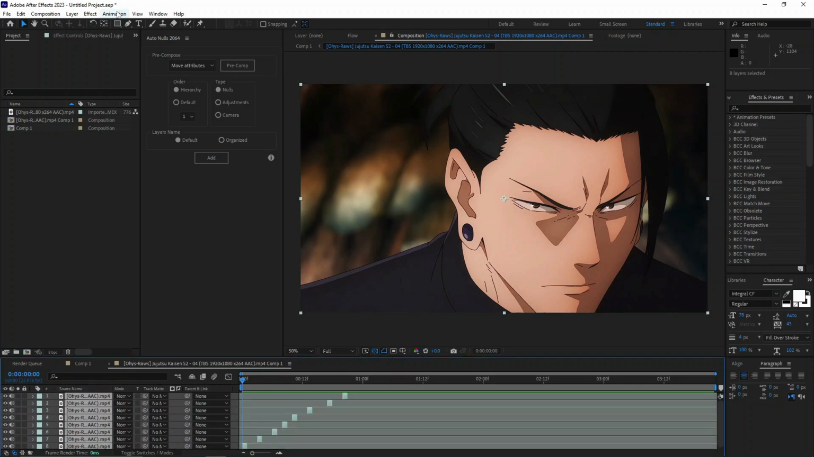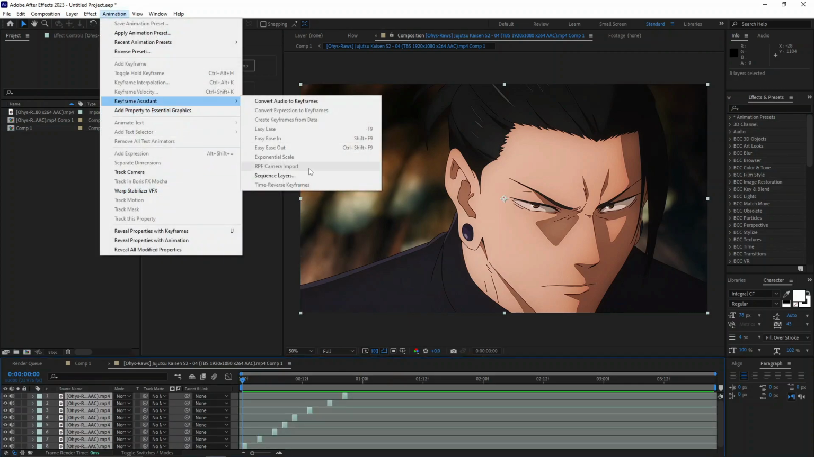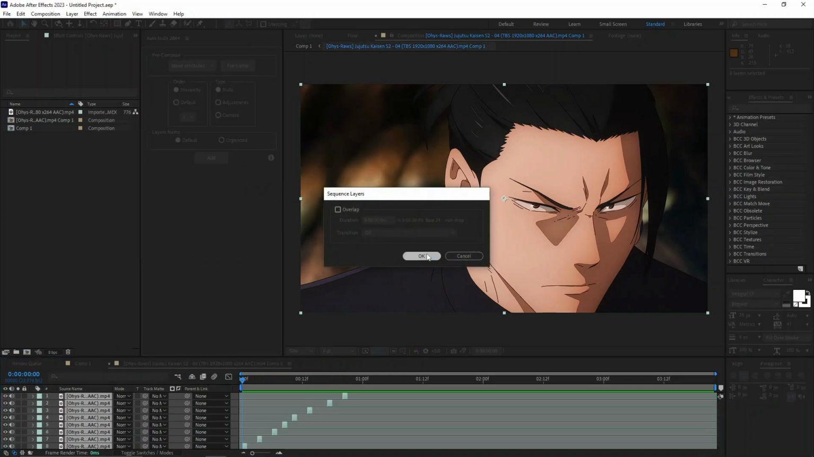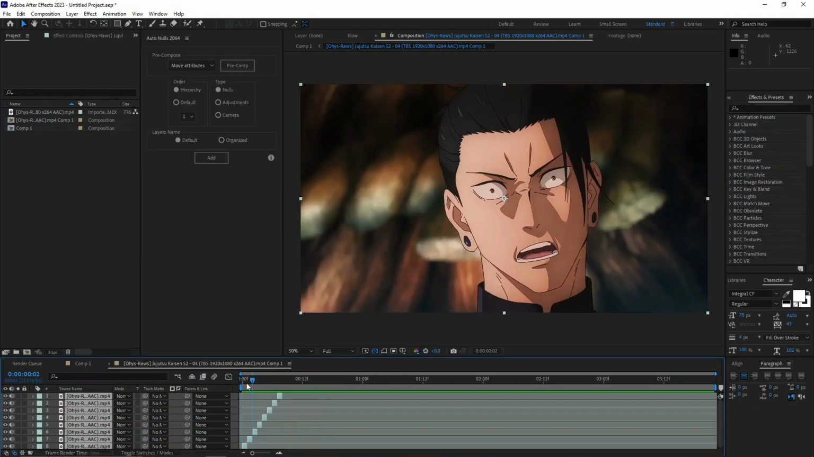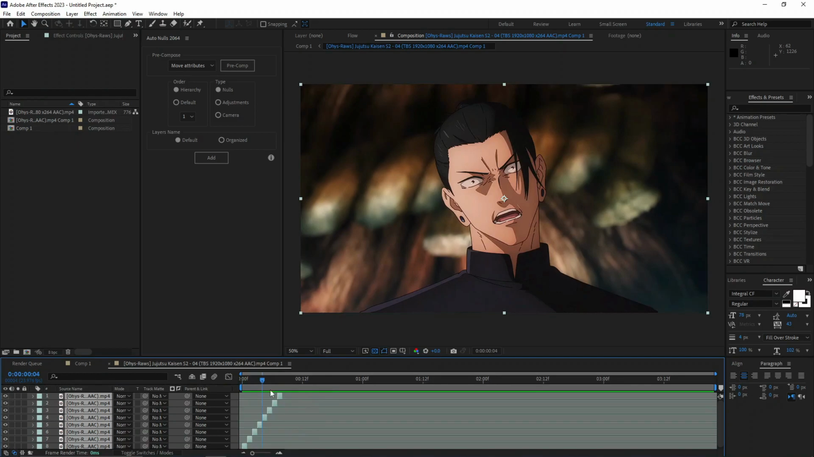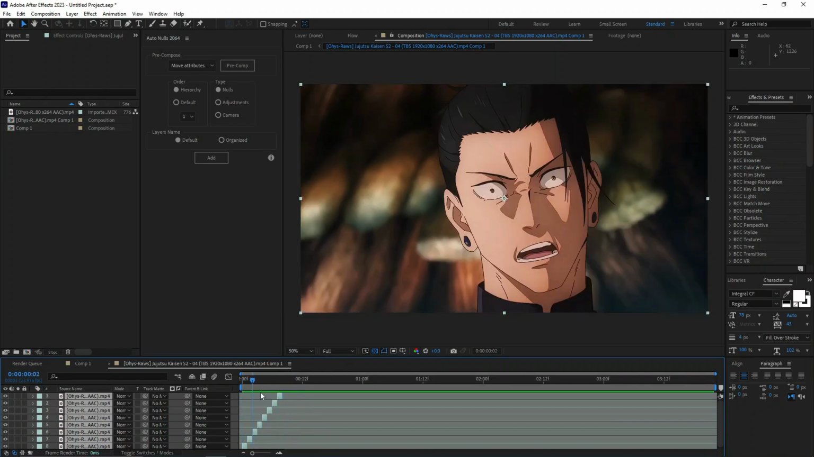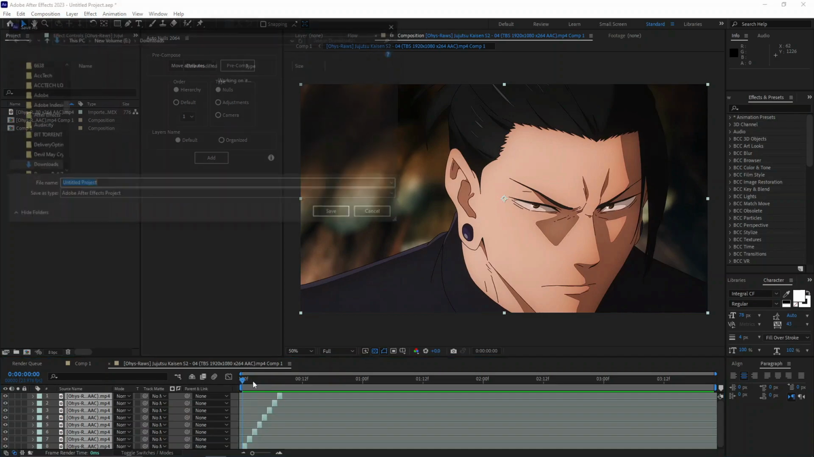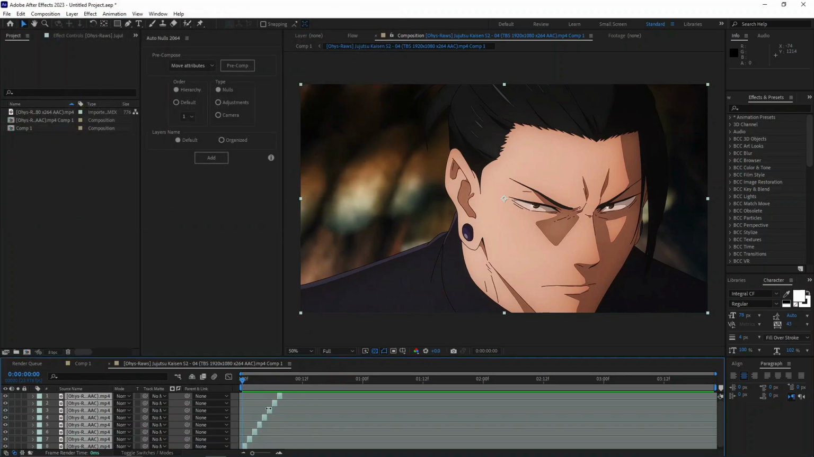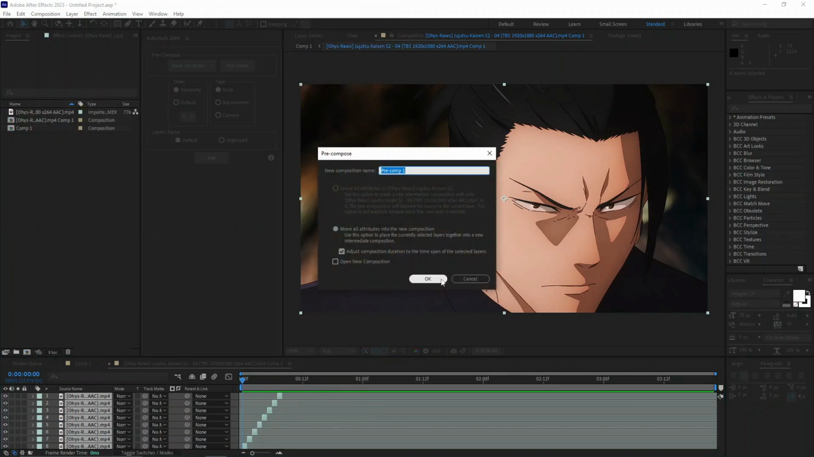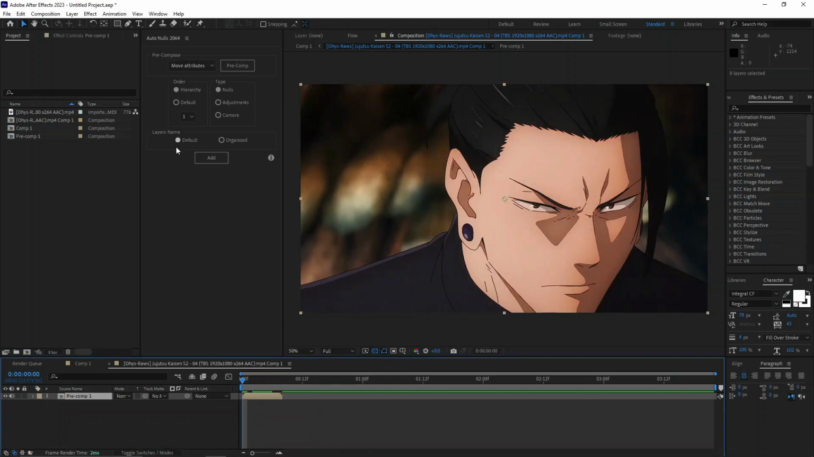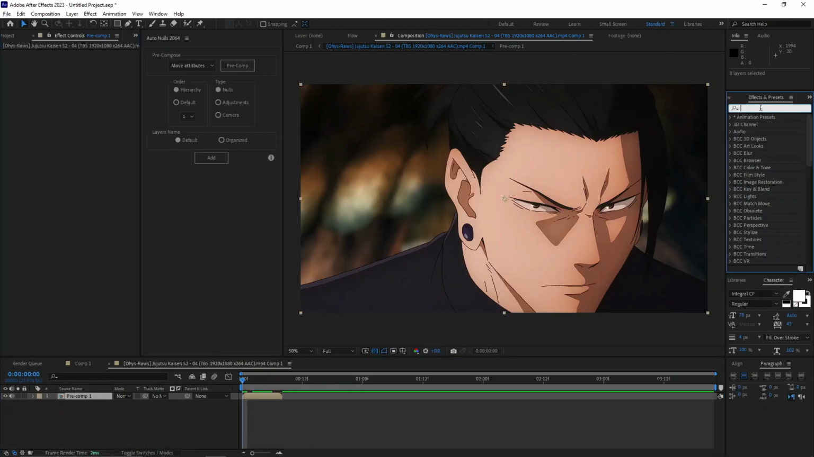And what I'm gonna do is, first I'll make sure that I have selected them from bottom to top, and then go to animation, then go to keyframe assistant and sequence layers. So like that I have my layers sequenced. Pretty obvious. Okay, so once I've done this, I'm just gonna pre-compose this, and I'm now gonna go to my plugin